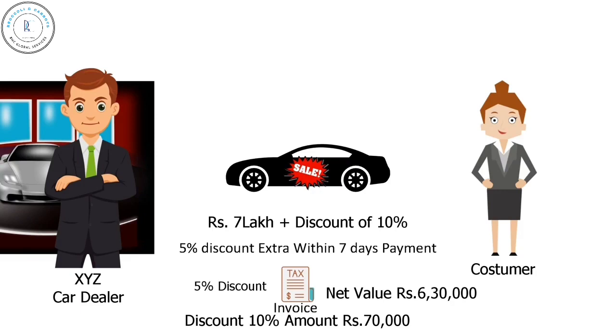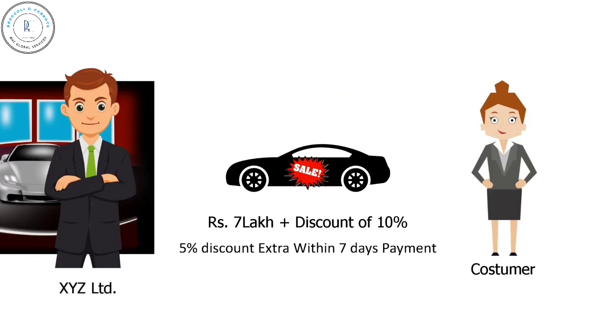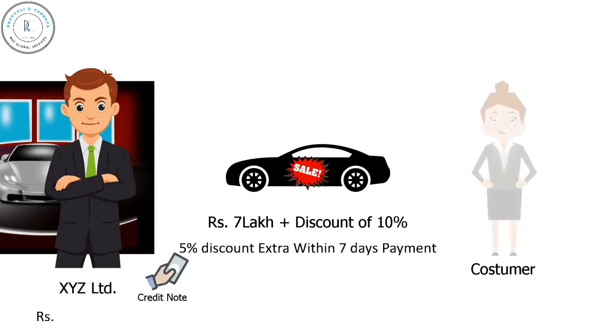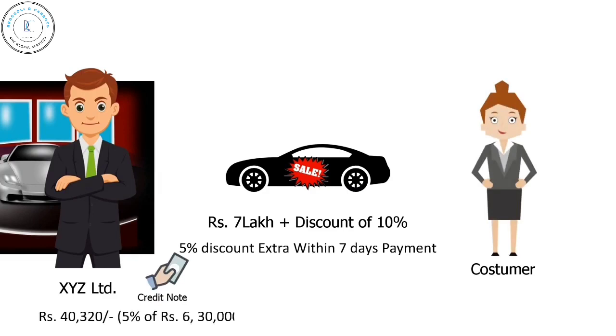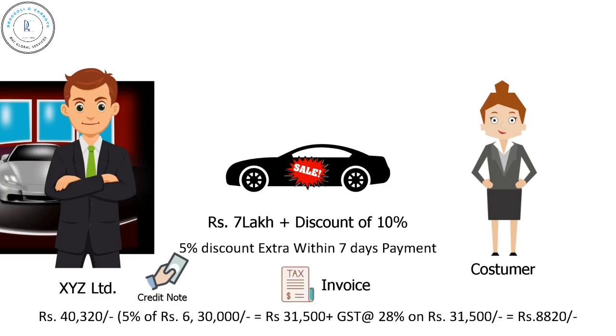However, discount of 5% is not deducted in the invoice because it will be given at the time of payment, which is known at the time of supply but not certain, as it is dependent upon payment. So it may be allowed to be deducted from the transaction value. For this, XYZ Limited will issue a credit note to customer for 40,320. 5% of 6,30,000 equals 31,500 plus GST at 28% on 31,500 equals 8,820, and this must be linked to the